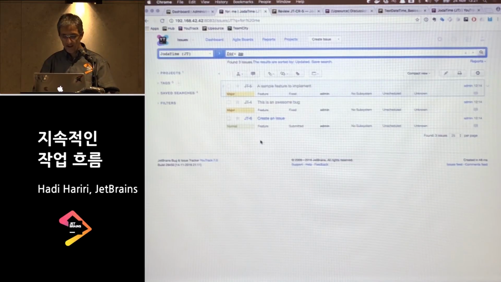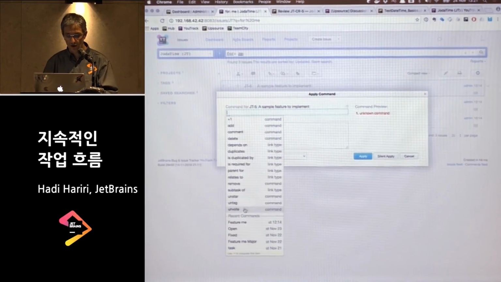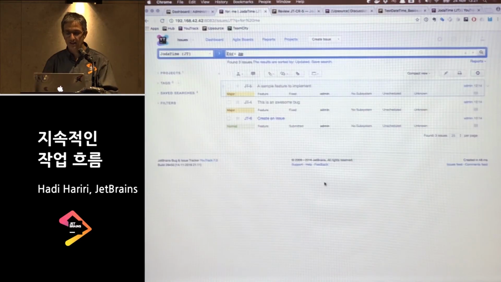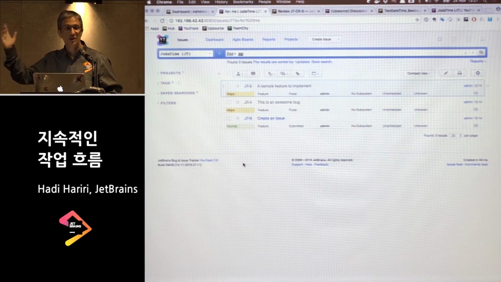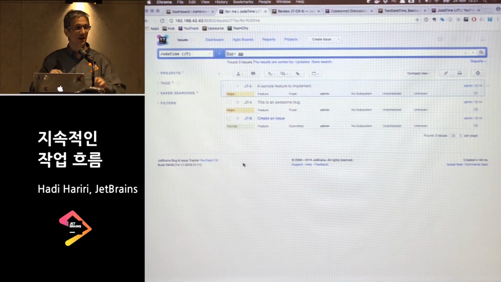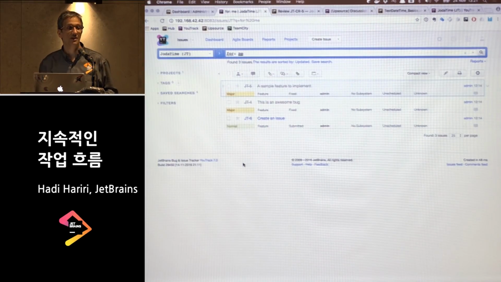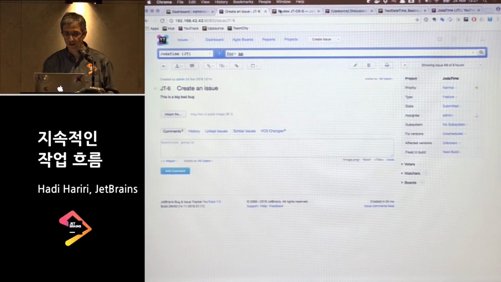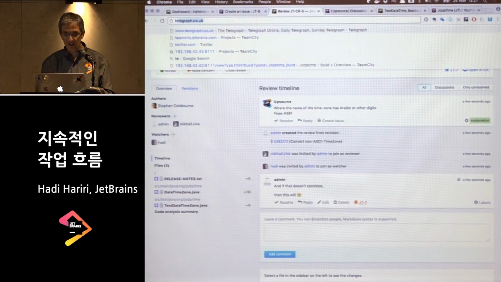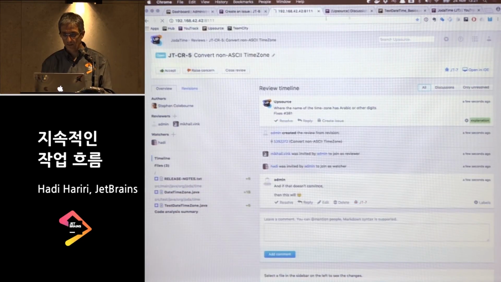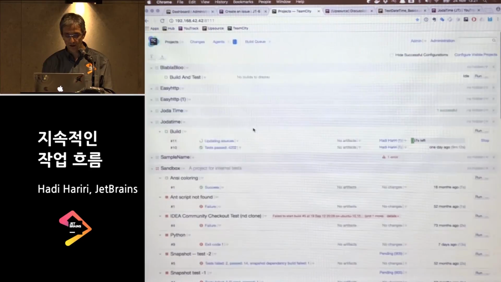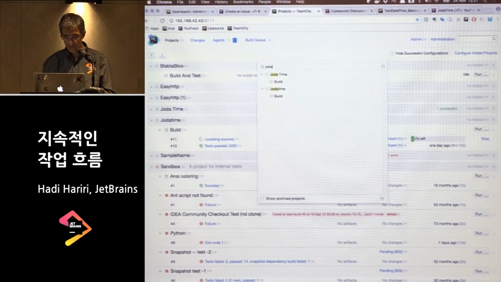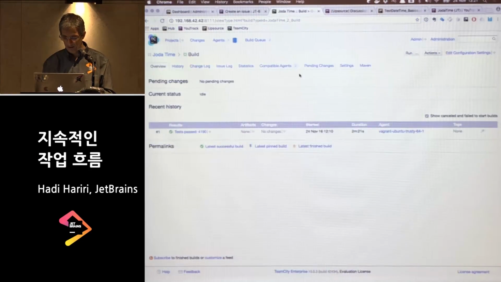Because the same way that I can apply commands here, which by the way, you can always use recent commands, it's going to take that from version control, parse the commit message, pump it to TeamCity. TeamCity will pick it up and pump it to YouTrack. And YouTrack will eventually come here and say, oh, this issue is fixed, right? If we open up TeamCity, you can see that my Yoda time, if we do a check for pending changes,